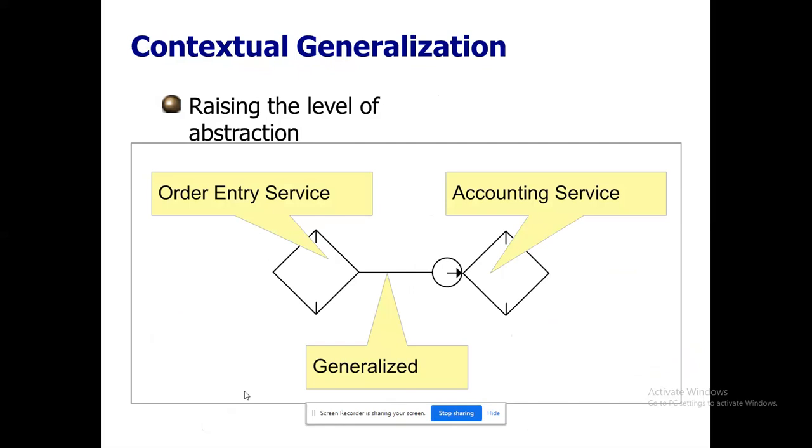So with contextual generalization, we will slowly penetrate into the learning of these services. There won't be any hurry. I am ordering something, it may be anything. I assume we have taken a case study for understanding this contextual generalization, a payment gateway based environment. My order entry service is represented there as an atomic service. Our accounting service is also used over there because that's the one which will take care of the inventory.